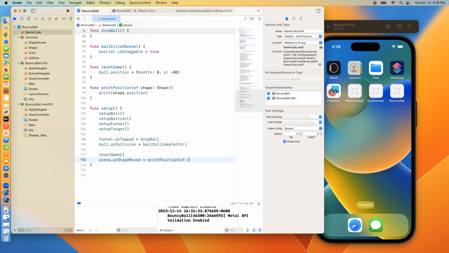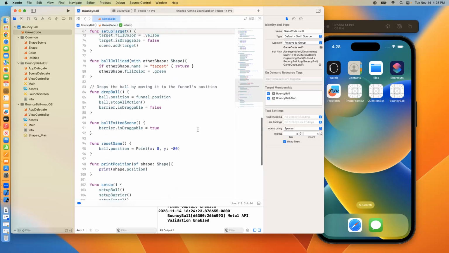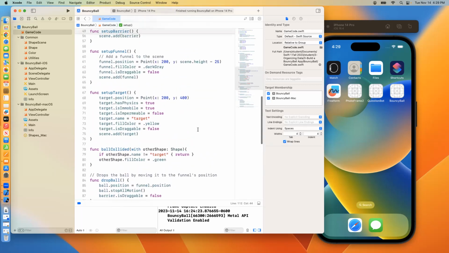Okay, then what they're asking us to do is to make sure that we can manually move our targets around. And in order for that to happen, we have to come up here to the setup target area, and where it says is draggable, we're going to comment that out temporarily. So just put a couple slashes in front of it. And that way we can move the target around. So we can test the code that we just